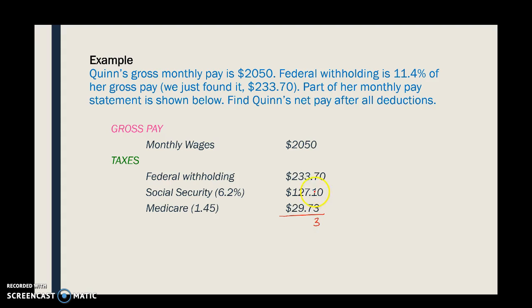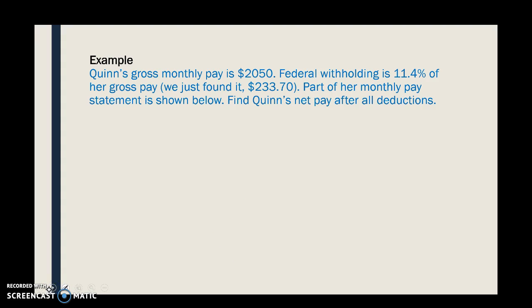So 3, 7 plus 7 is 14, plus 1 is 15. Let's see, 9 plus 1 is 10, 20, 3, 4, 5, 6, 7, plus 2 is 9, 2 plus 1 is 3. So we have total deductions of $390.53. So if we look back at our equations, net pay equals gross pay minus total deductions. So that there is going to be our total deductions. So 390.53,